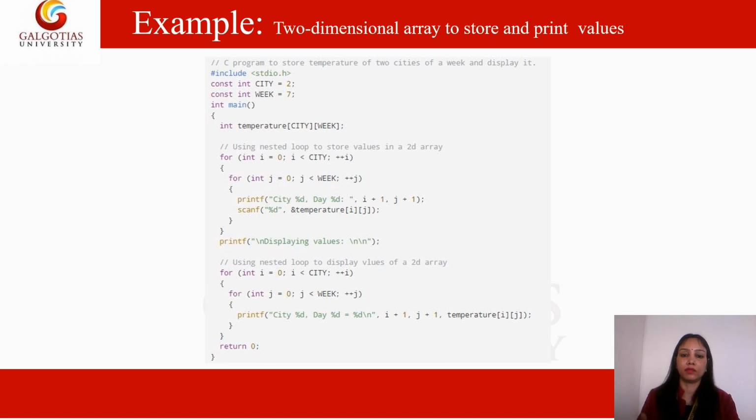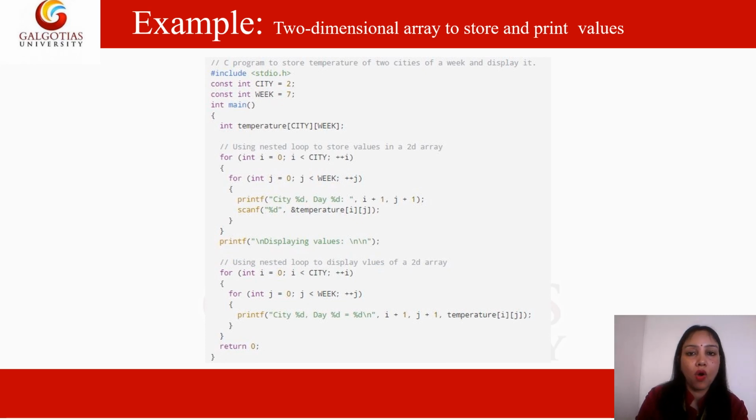Then we come outside the column loop, then again the increment will be on the i value, then your row number will go from 0 to 1, and then again for this 1 we complete the whole column loop. Your next elements are going to be stored from [1][0], [1][1], [1][2], [1][3], and similarly whatever 14 values you are entering, they will be stored in memory.